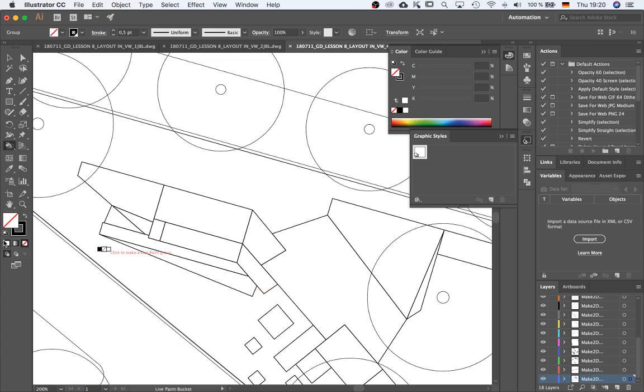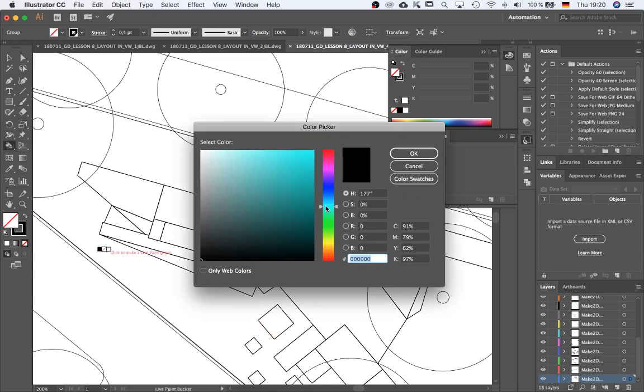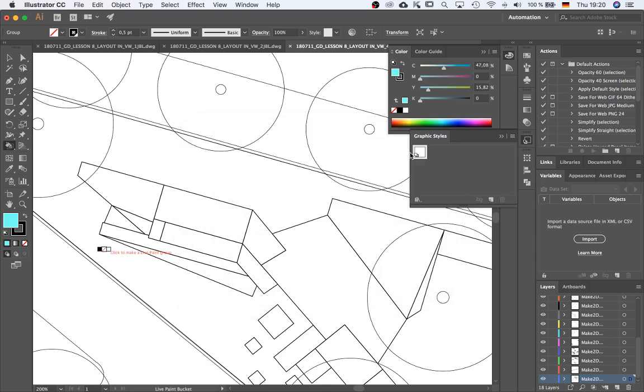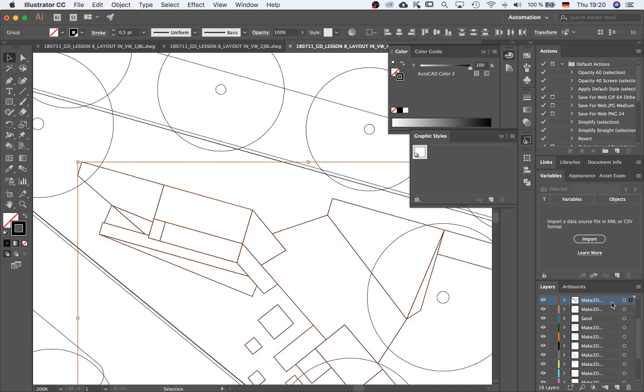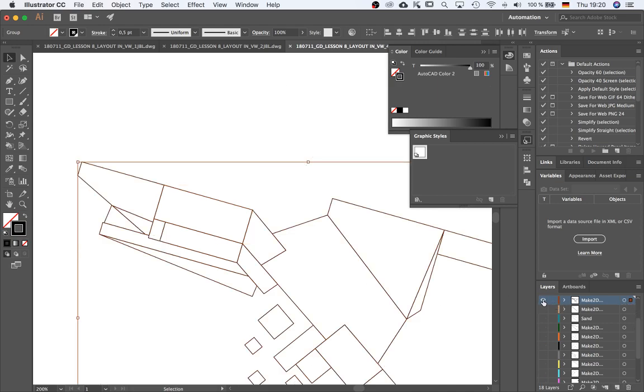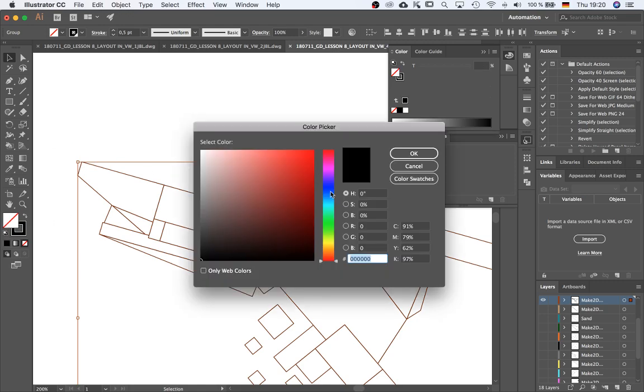And what that does is, say if I select a color on my fill over here, let's make a nice kind of cyan blue color, and I click with that layer selected. First I have to come to that layer, select everything, maybe I'll turn everything else off. So while everything's selected, select a fill color, and